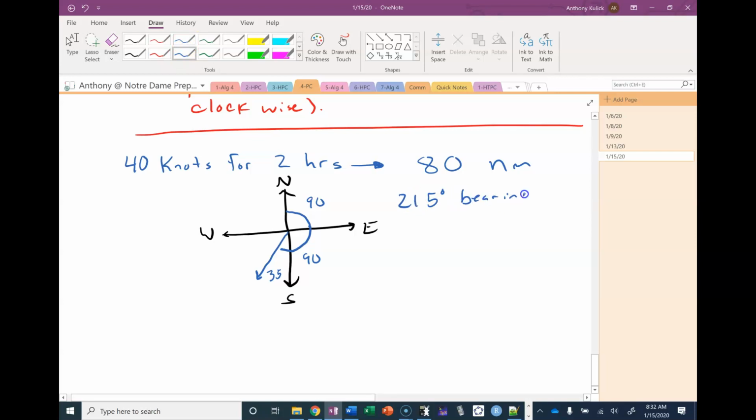But I don't want my angle measured this way. I want my angle measured this way. Okay, so it would be 90, 90 more, and then what does this spot have to be? 90 minus 35, which is 55. So 90 plus 90 plus 55 is 235 degrees